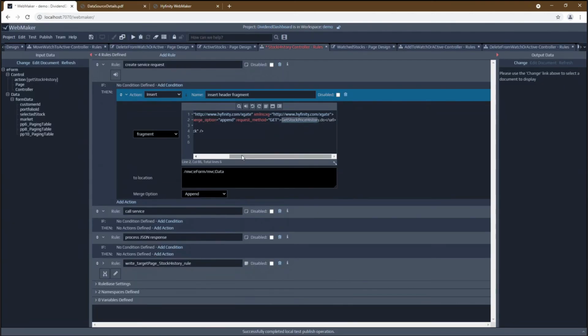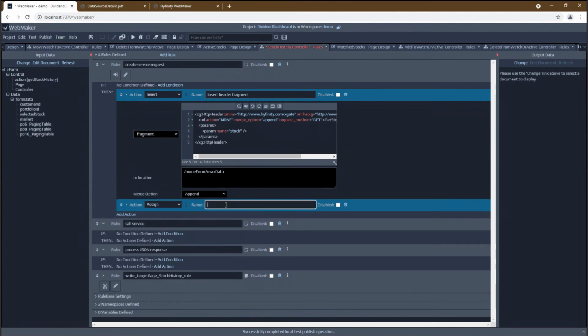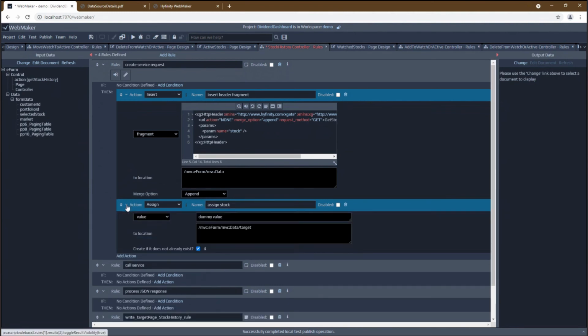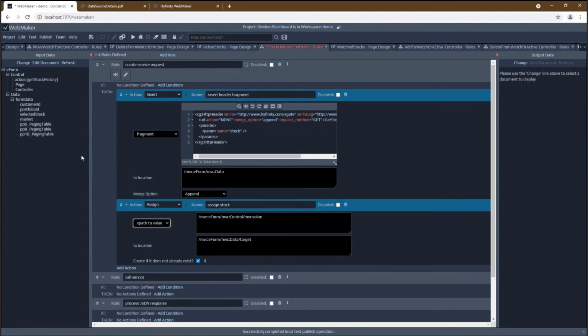And we're still going to have a stock parameter. So we need to assign a stock value. In this case, it's just a single stock, so we don't have to worry about concatenating the CSV strings or anything. So we can just take our selected stock value and we can put it into